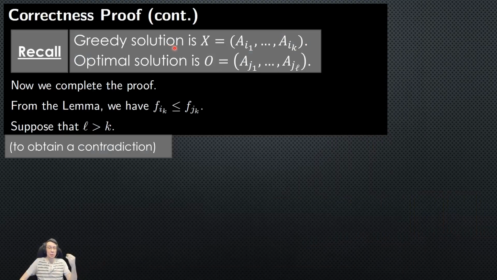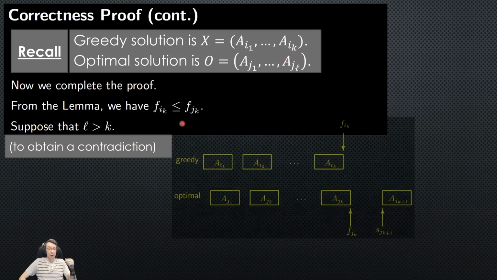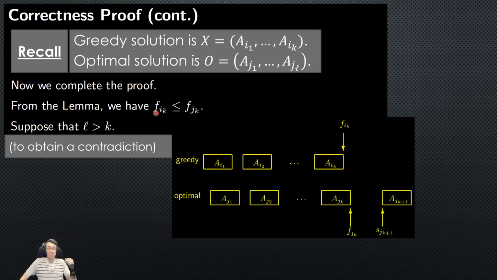So let's use that lemma. So remember, the greedy solution X is ai1 up to aik, and the optimal solution O is aj1 up to ajl. And now we're going to complete the proof. So in order to obtain a contradiction, suppose that the optimal solution manages to select more intervals. In other words, L is greater than K. Well, from the lemma, we have that the finishing time of AK is less than or equal to the finishing time of JK. If L is greater than K, then the